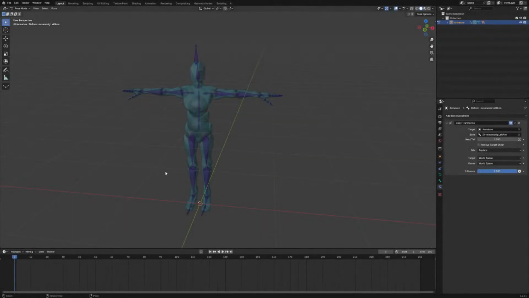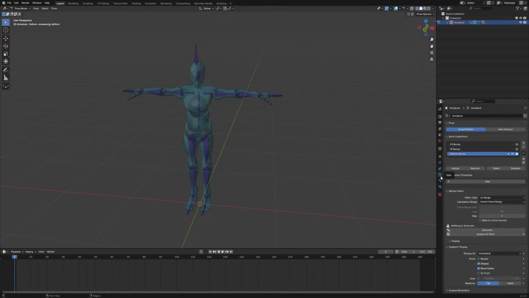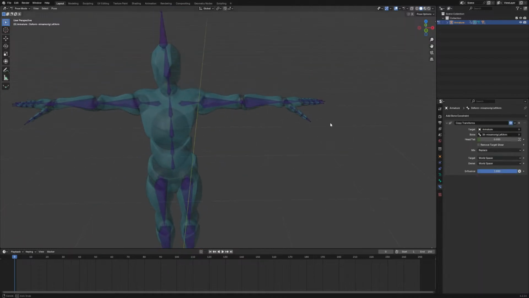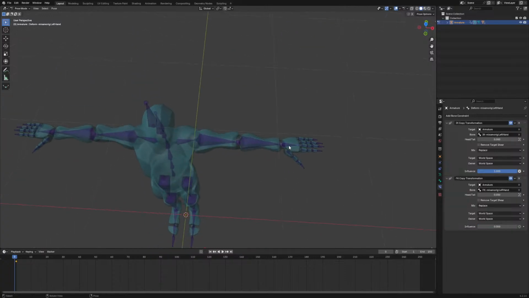Alrighty. Back from the bathroom break. Okay. Now, what we need to do is the same exact thing, but for the FK bones, right? Because we have the IK bones, now we need the FK bones. I'm gonna move this back up into here, do that. Whoops. I don't know. There we go. Okay, so now you go into here, you grab this, grab the deform,